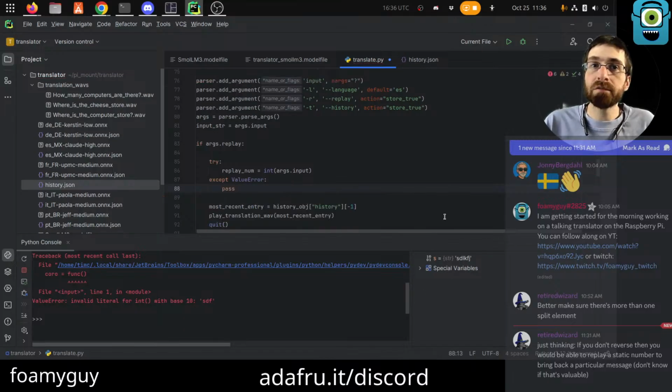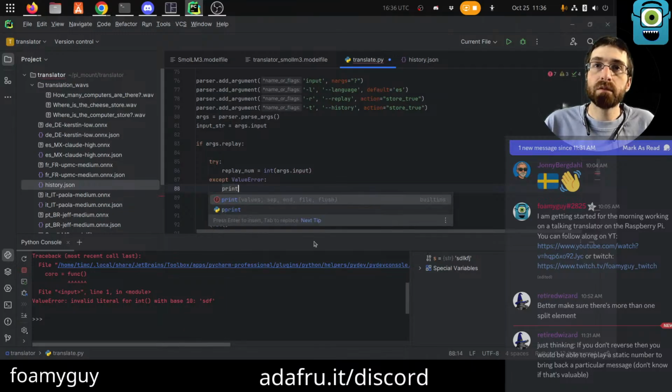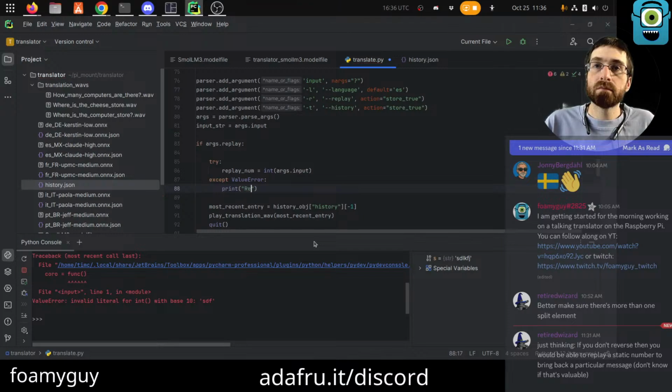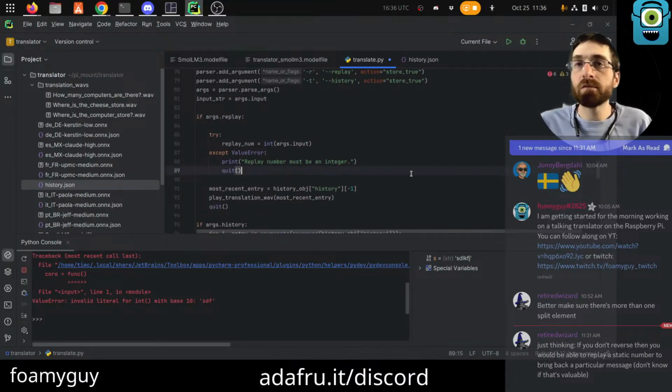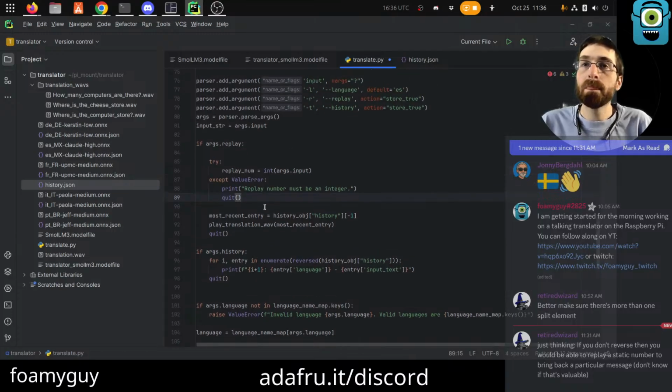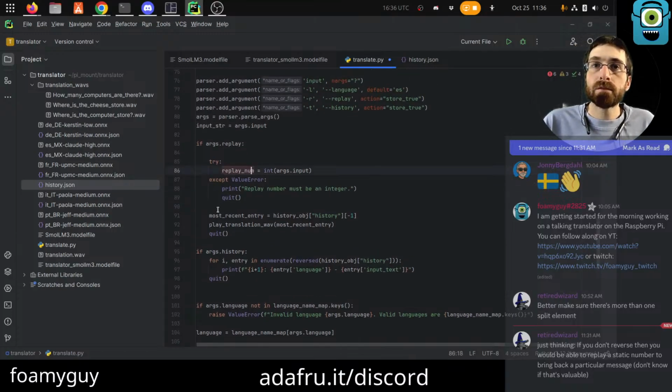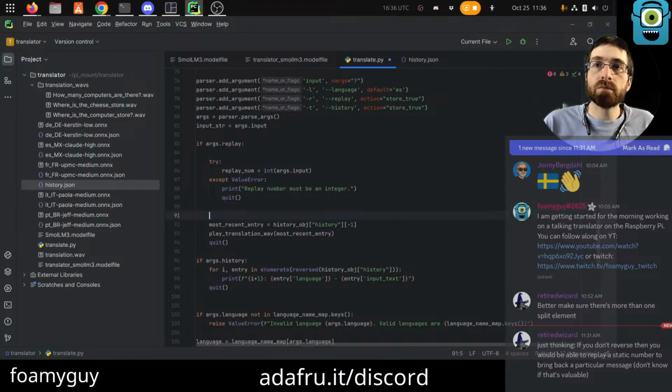For now, basically, if you give it a non-number, then... I wonder if we should use exit one for a second. Number, and then in order to do my... well, okay, so